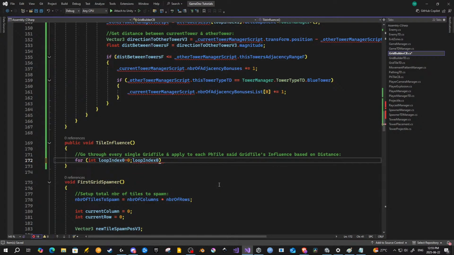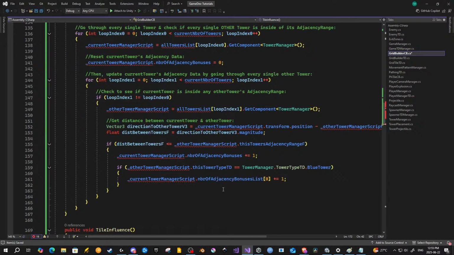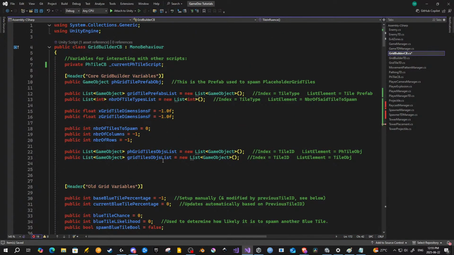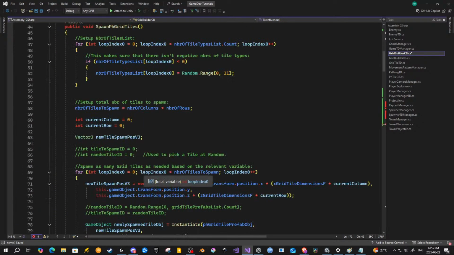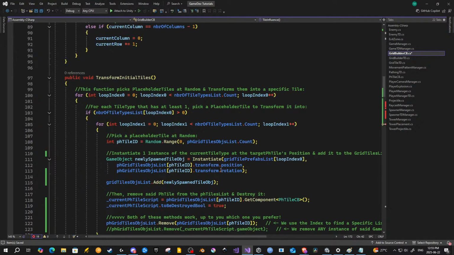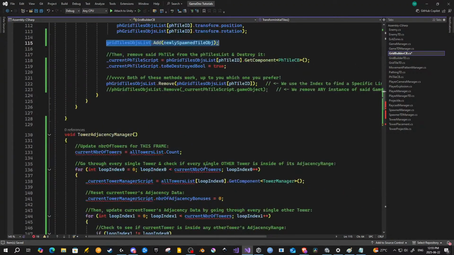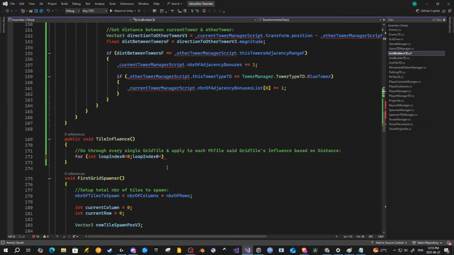Hold on. Okay, so for integer loop index 0, the first loop is inside of the grid tiles objects list, which we started populating inside of this function, right? Like here we started populating it, right? So we're gonna double click this like that, dot count